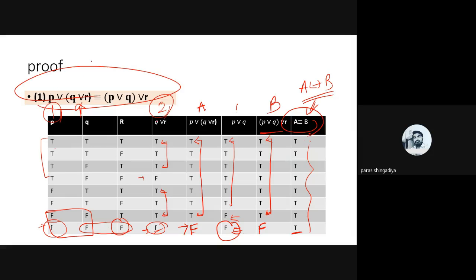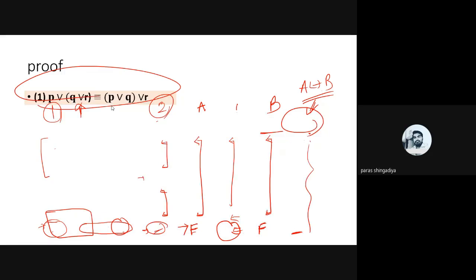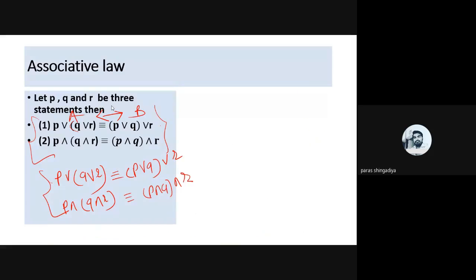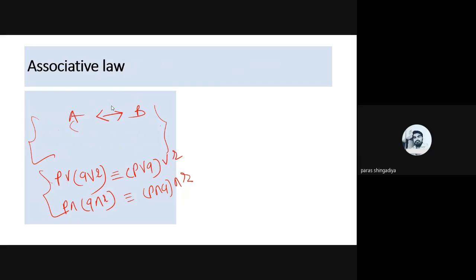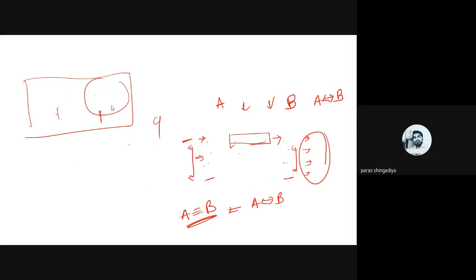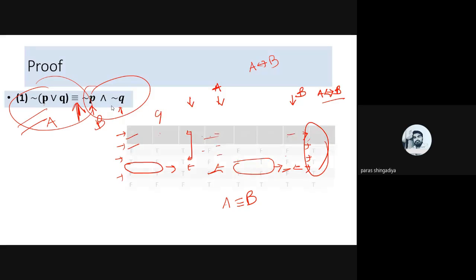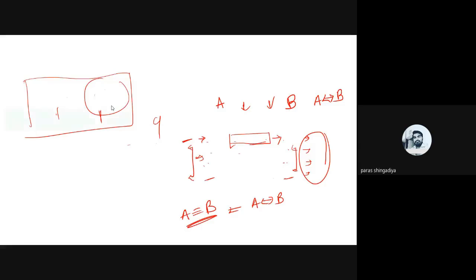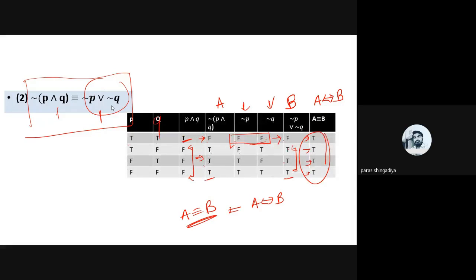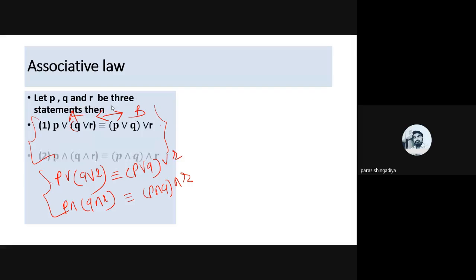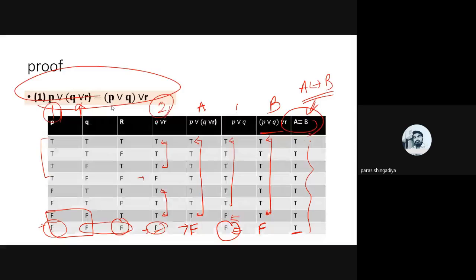In the exam it is asked as: state and prove the absorption law, state and prove the De Morgan law. So first you have to write the statement there, and then prove it by using a truth table. Okay, there is another De Morgan law in the predicate topics that we'll discuss in the second part of this unit. That is the second form of the De Morgan law. That is the quantified predicates concept, and we'll discuss another De Morgan law based on that.